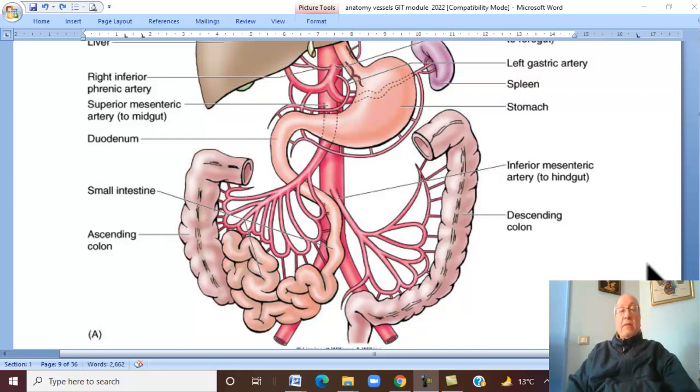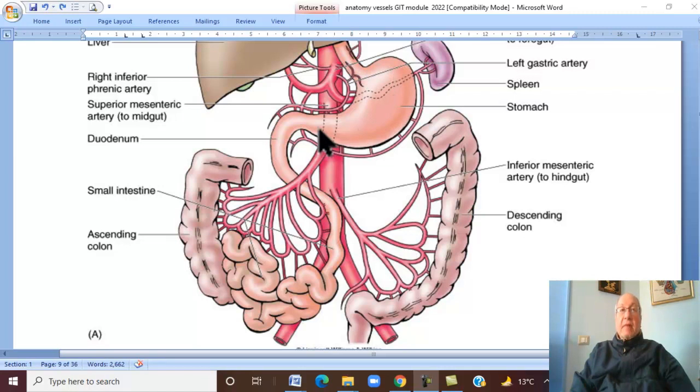Arterial supply of the abdominal part of the gut. The abdominal part of the gut is divided embryologically into three parts: foregut, midgut, and hindgut. The foregut, including the abdominal part of the esophagus,